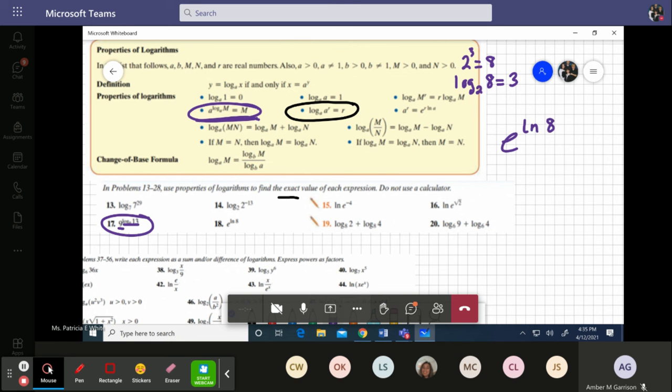That's an exponential form. Yes, the log is in there. The natural log is in it, but that natural log is an exponent. So if I wrote this, I would have ln x is equal to ln 8. And that gives me